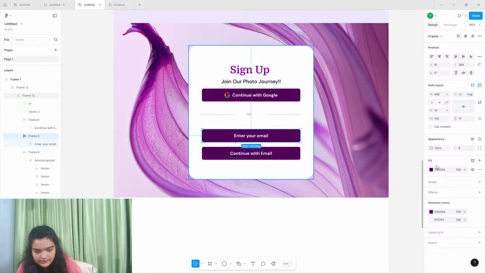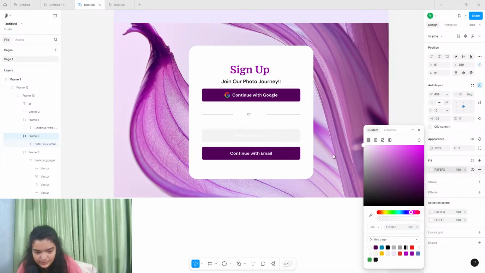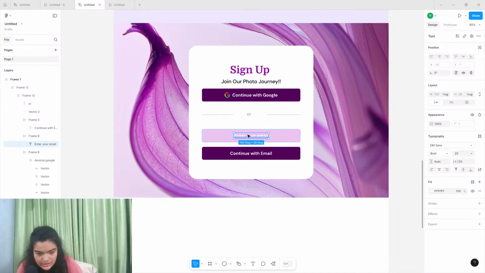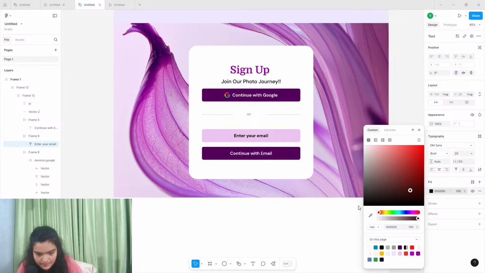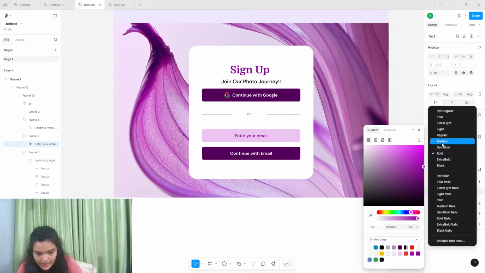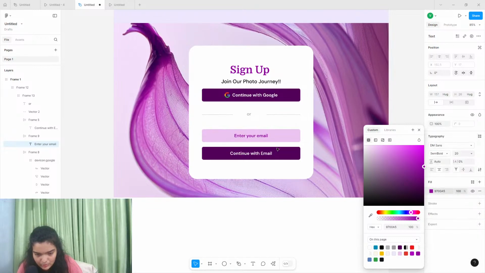Let's change the color for this one to a very light shade of purple, especially because we are very committed to our purple now. Let's just do a very light shade of purple. Change the color for this to be black, or at least a very dark shade of purple at least. This does look good, and we're going to change the thickness to medium, or let's do semi-bold because